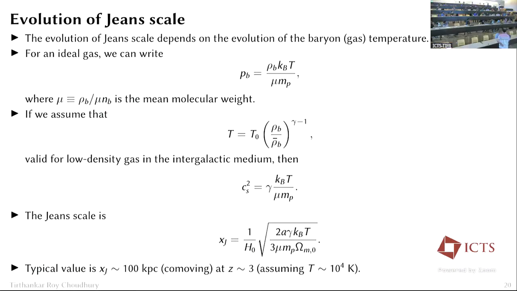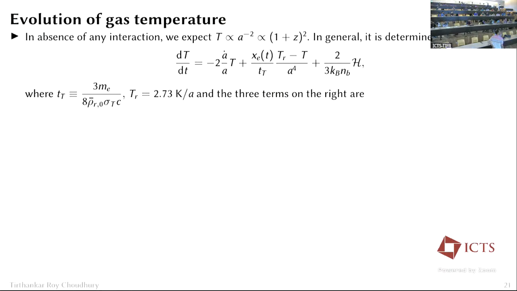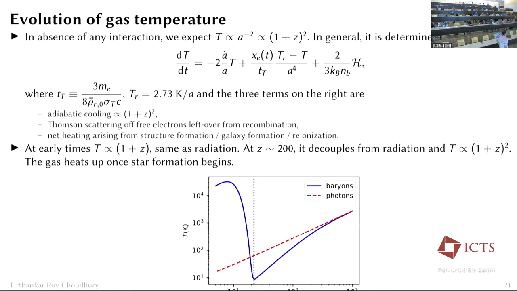This is regarding the evolution of gas temperature. Can you please go over the terms again? Okay. This one is arising because of the expansion of the universe. If the universe is expanding, T will fall as 1 by a squared. This next term arises because after the CMB epoch, the epoch of last scattering, the universe becomes neutral. However, there is some residual ionized fraction in the universe, and those residual